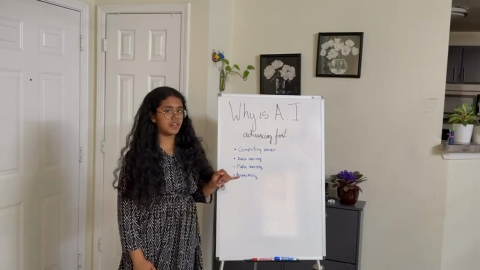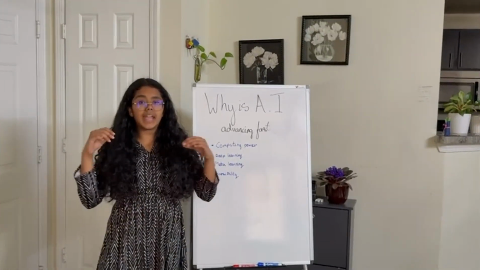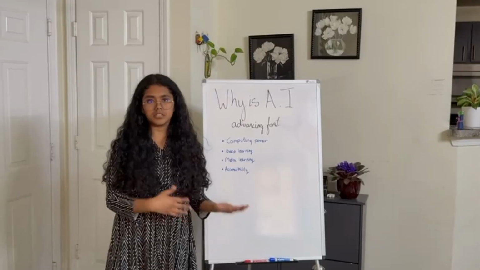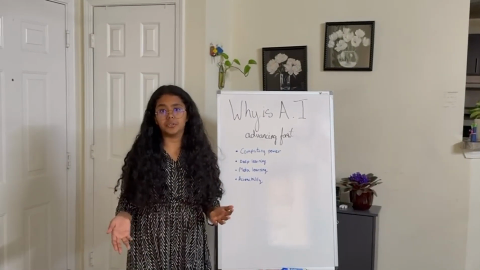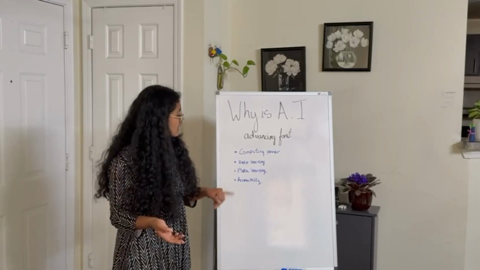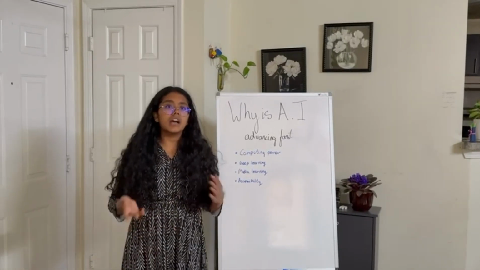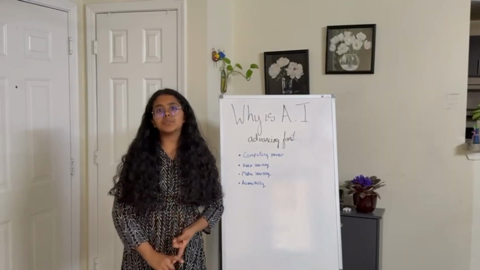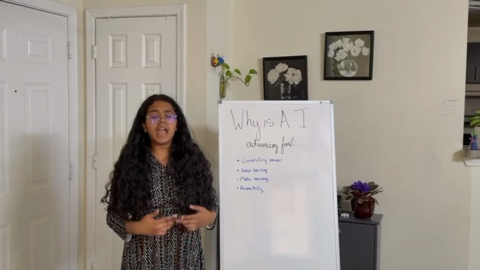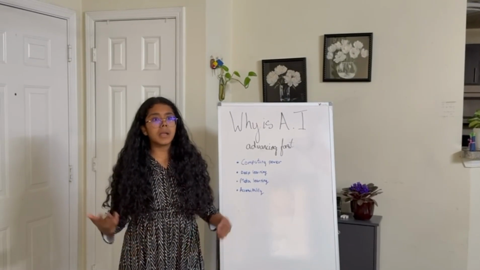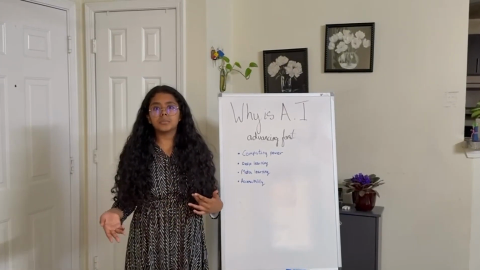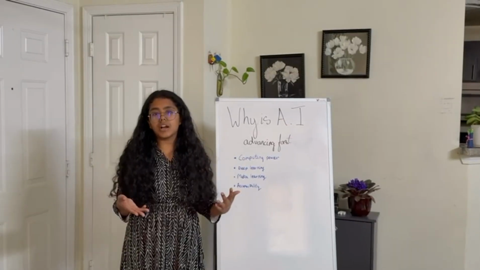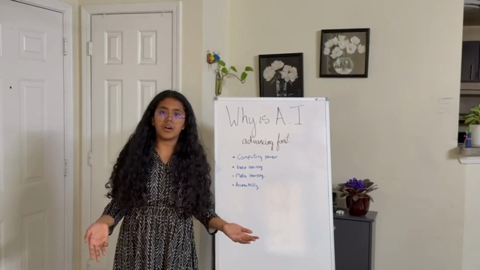Next up, we have meta learning. And meta learning is where AI makes other AI models, basically doing what a group of data scientists were able to do, which is kind of insane in my opinion. Next, we have accessibility. So with the advent of ChatGPT, Google AI, and other AI models, people are now even more curious and use more AI, which enables them to discover and even create their own AI models.